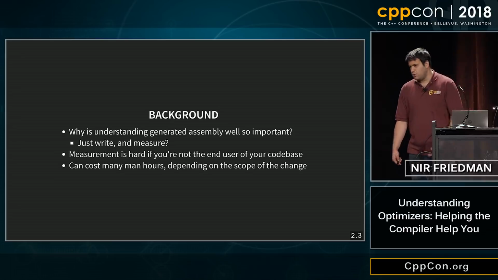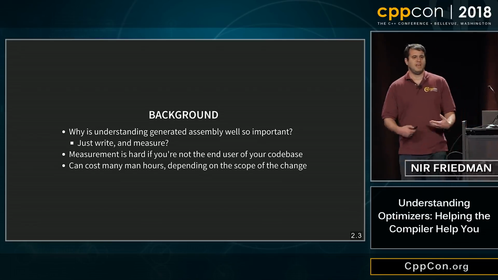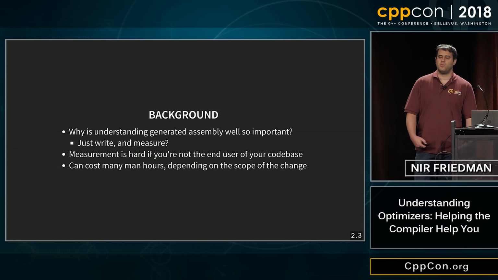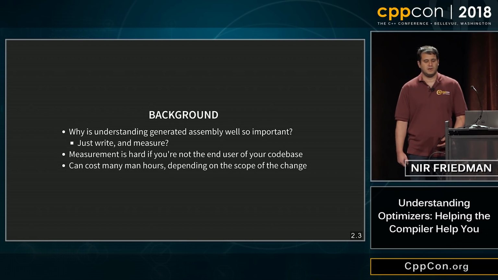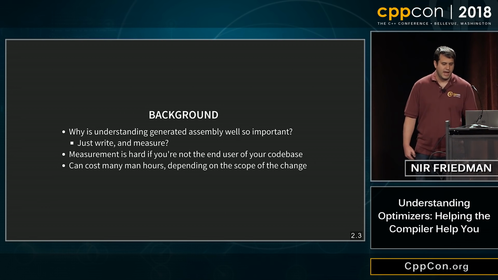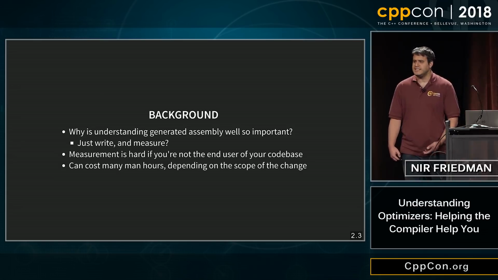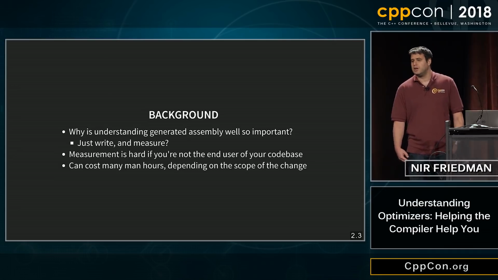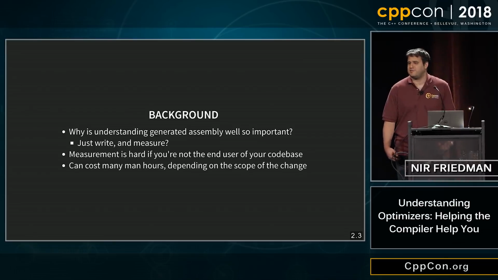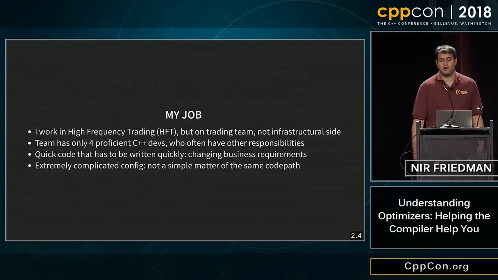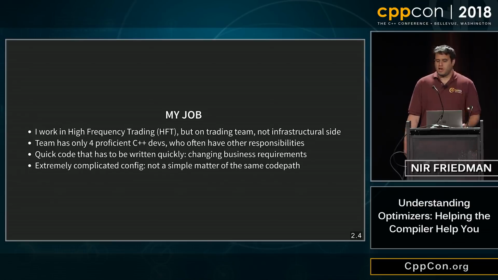And finally, when you design code, people sometimes have this idealized notion that they're going to have this one 50-line function that accounts for 99% of the running time that they care about, and they're just going to optimize it at the end. It doesn't usually end up working that way, or it would be a lot easier if it did. If you went to Mark Ellen's talk on Tuesday, he said performance is hard to retrofit, right? And if you have no clue what the compiler is producing, then it's hard to design. And if you can't design it and you can't retrofit it, then performance just becomes hard, right? Or harder.